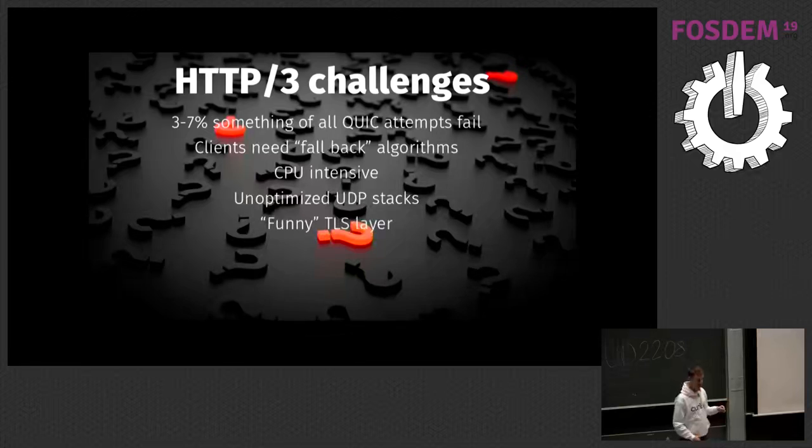And a funny TLS layer. TLS is designed to work on top of TCP, and now this is a new transport protocol. It's not done over TCP, it's done over UDP. It's basically its own transport layer. So how do you implement TLS in your own transport layer? Well, in the QUIC working group, they decided that they shouldn't use TLS records like they do over TCP, because you don't have to do it like that. So you extract the TLS messages and transport those messages over QUIC.